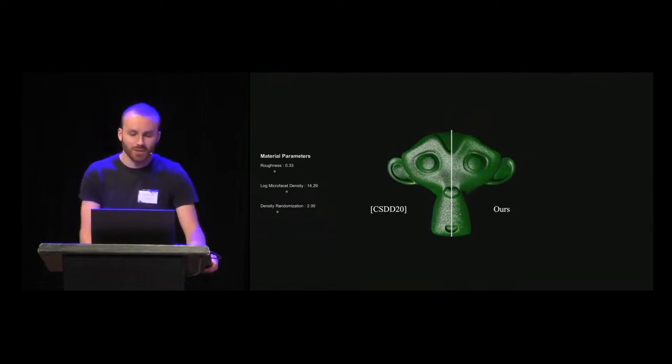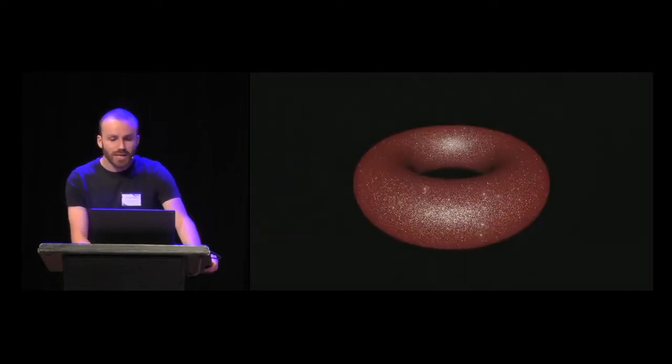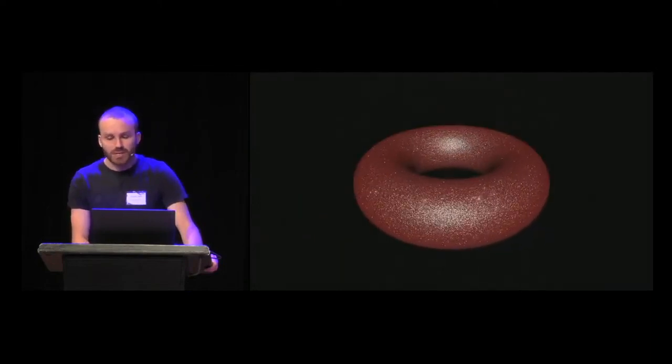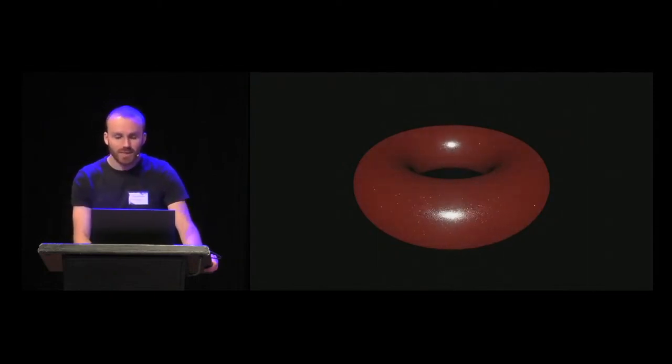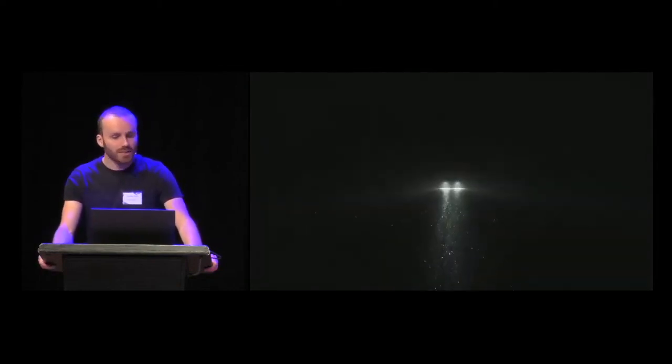And our other big improvement in the paper is a very simple NDF formulation which allows us to target any continuous NDF, including GGX, whereas both previous methods are limited to the Beckmann NDF. This is what allowed us to integrate our method in Unity's high-definition render pipeline, where we put together